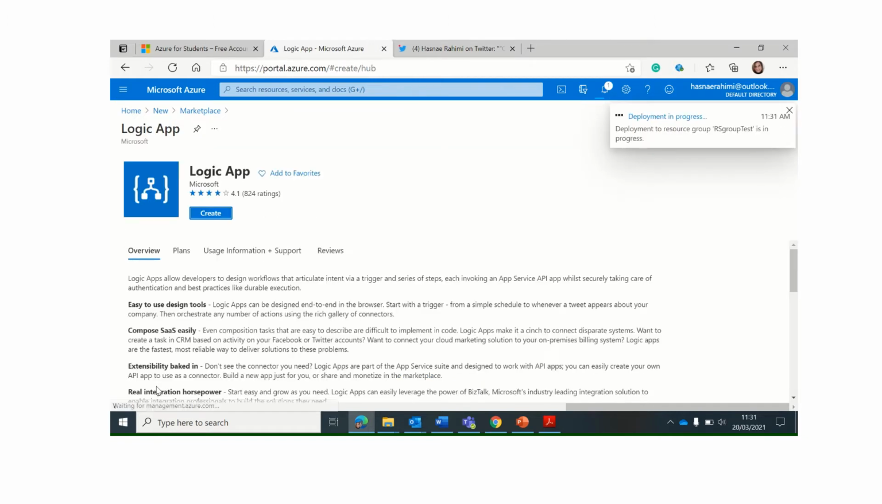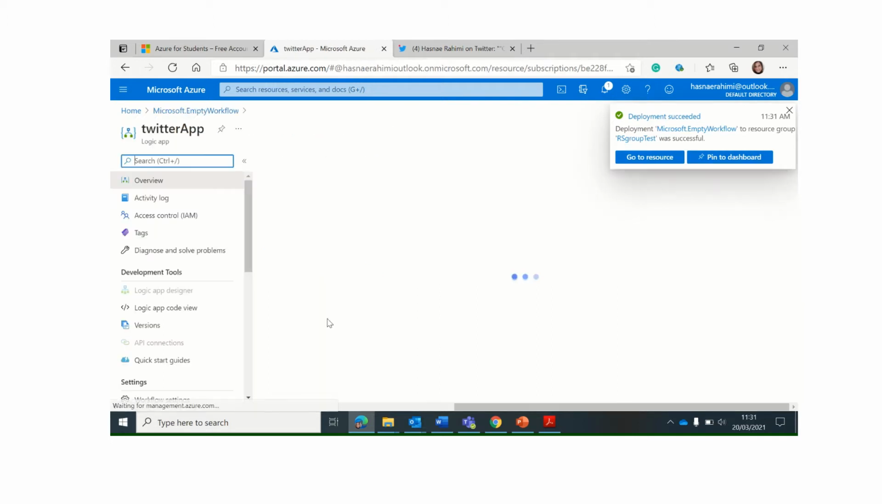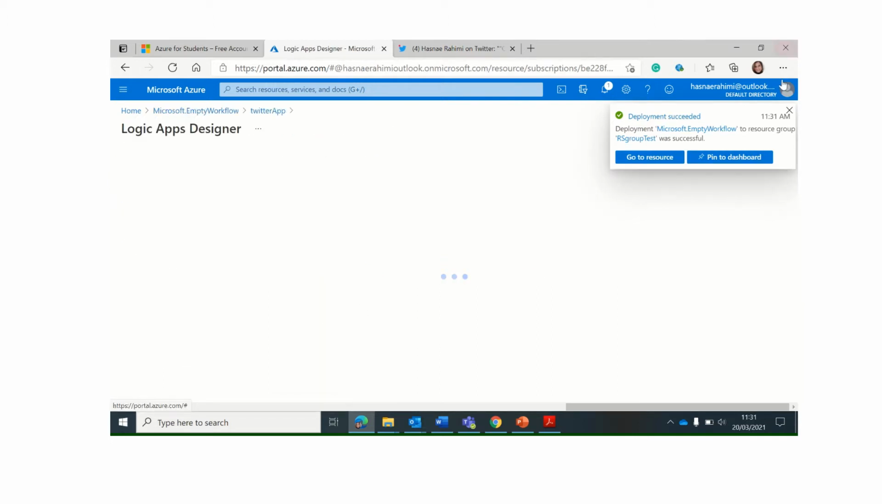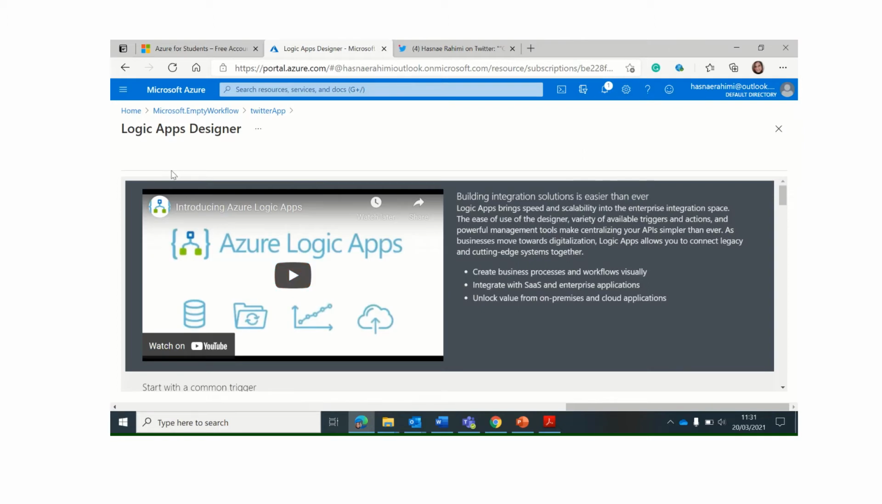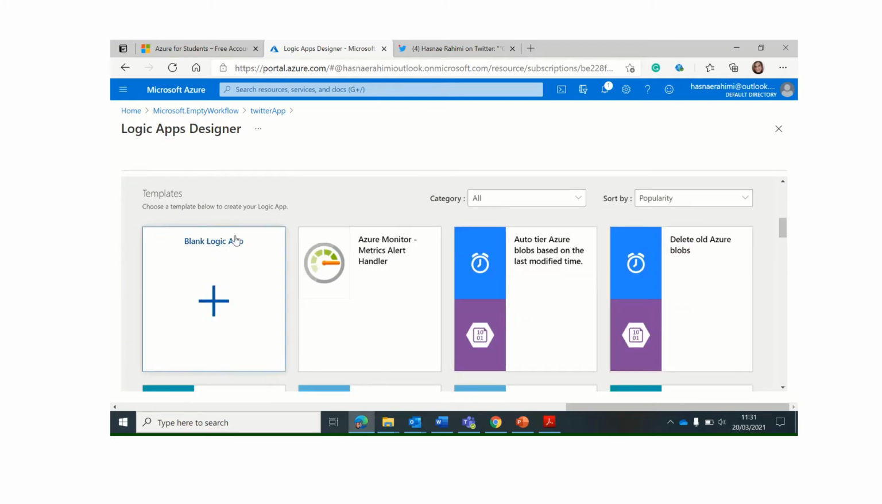And then Create. Perfect. So now my Logic app service is created. I would just click on Go to Resource. And I am now redirected to the Logic Apps Designer where I can design and implement my business process. And since I want to implement it from scratch, I will go ahead in the templates and choose a blank